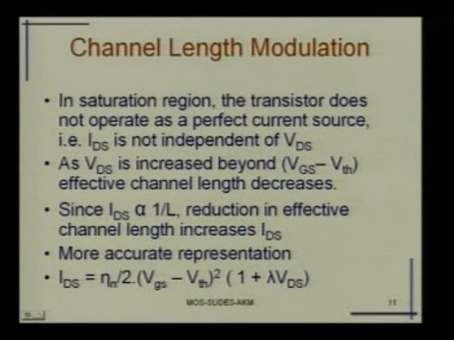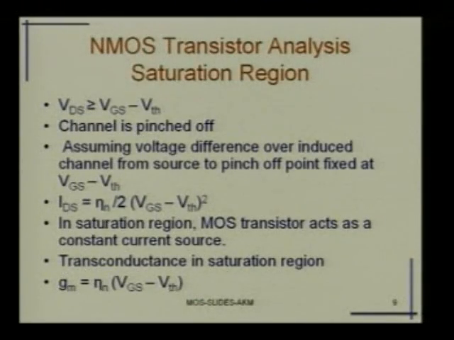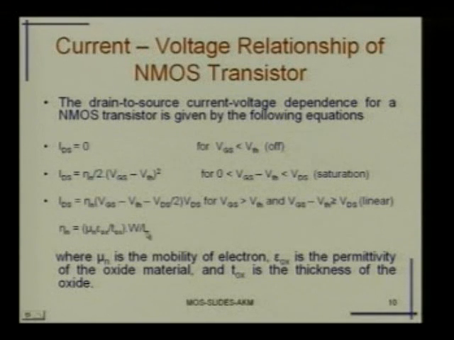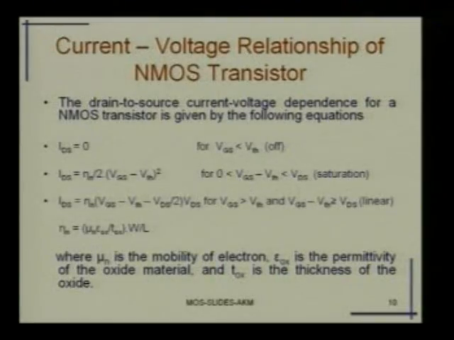Now, if you look back to the equations again, if you look at this L in this gain factor, L is no longer a constant. So, here we were assuming that L was constant, which is not true. As you go on increasing, L will effectively go on decreasing due to the increase in the drain to source voltage, and this is what is meant by